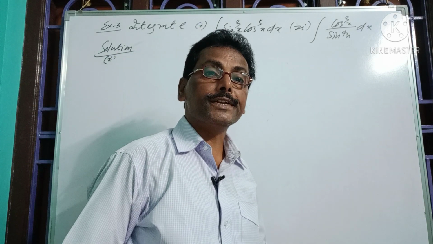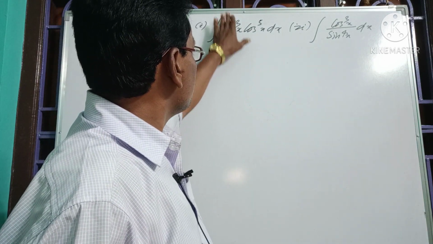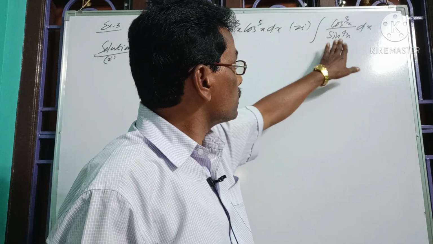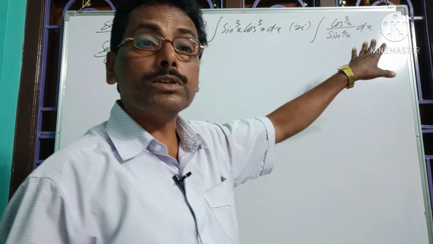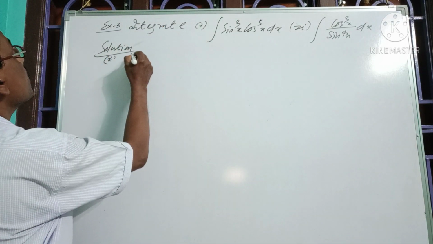Now let us try to integrate two integrands. The first one is the integration of sin cube x into cos to the power 5x with respect to x. In the second problem we have to solve the integration of cos cube x by sin to the power 4x with respect to x. So let us try to solve the first one, that is we have